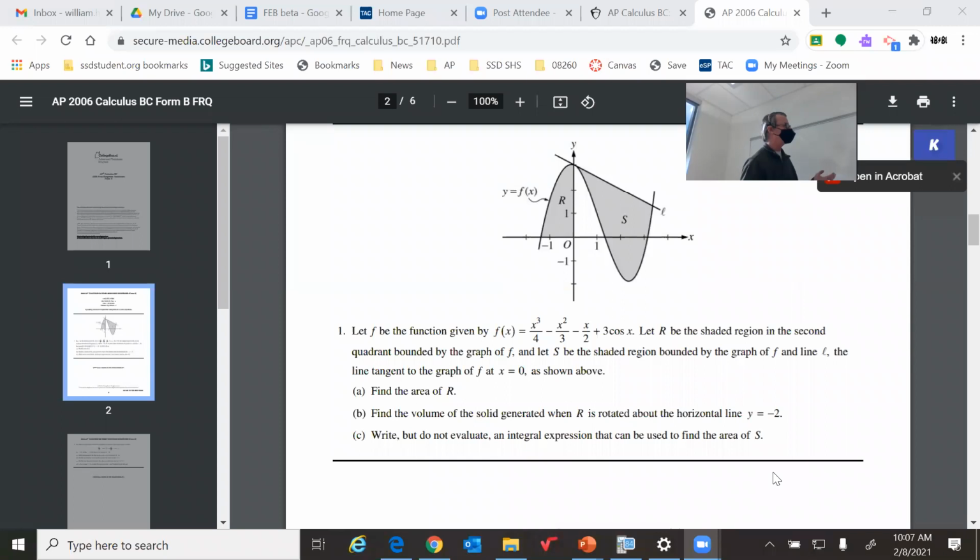All right, so if you're at home, sorry for the confusion, we are at 2006, Form B, 1B. On Friday, we did this problem, A and C. Now we're coming back to B. It is a calculator question. We're just going to say if we have it set up right. So you should have this, pi, big R squared, subtract little r squared,